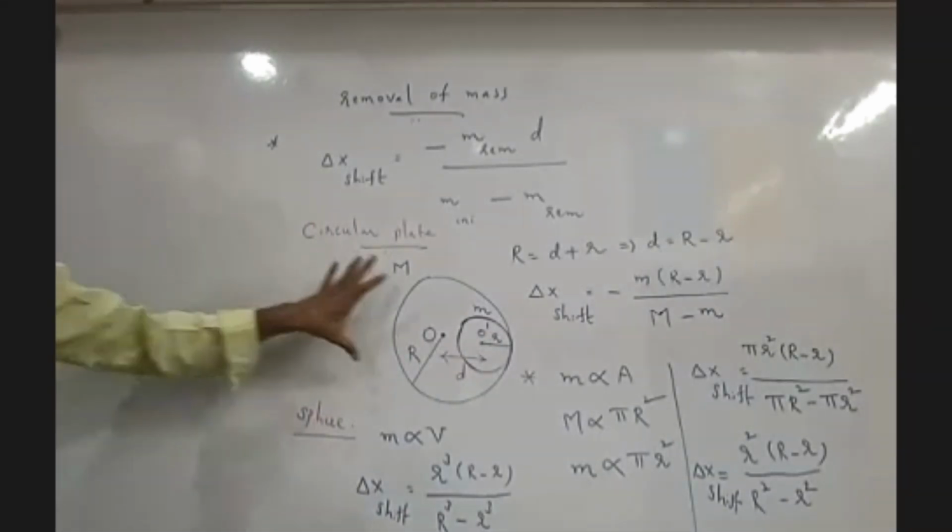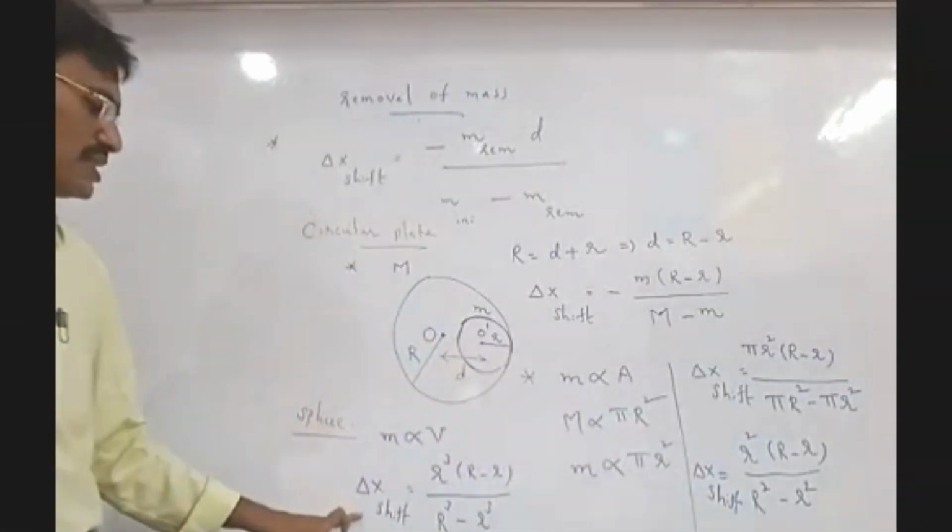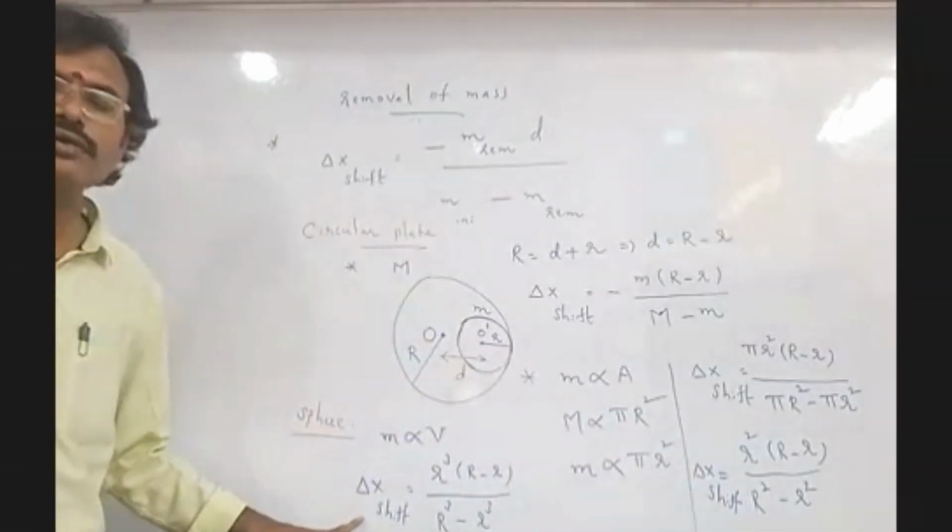The same topic. Circular plate means this is the formula. Sphere means this is the formula. Okay. Now,